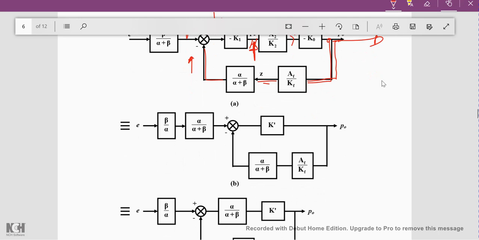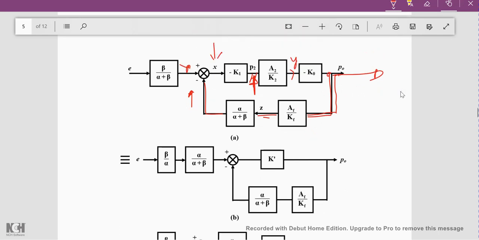The first thing that we are going to do is the cancellation of some blocks. First of all, we have beta divided by alpha plus beta and alpha divided by alpha plus beta. The denominator is the same but the numerators are different. I will make the numerator of the first term similar to that by taking beta by alpha common. If I take beta, beta will come directly here, and to take alpha, I need to take it in the denominator also, so alpha will come here. So alpha plus beta and alpha plus beta.